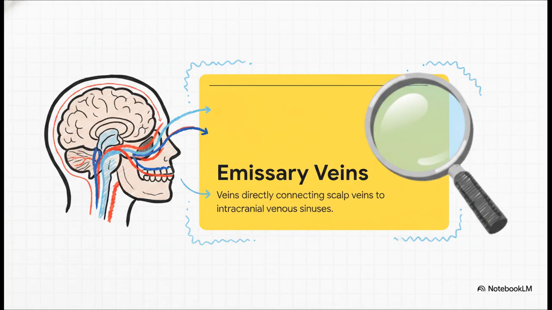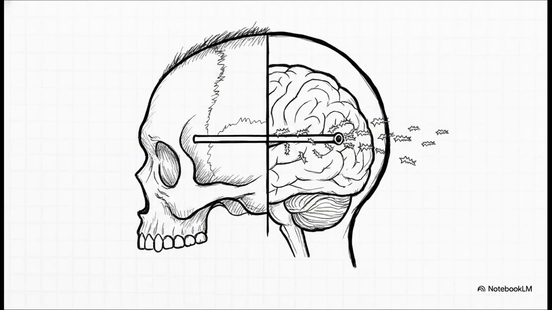Those are the major blood channels right inside your brain cavity. Normally, their job is just to help equalize pressure. But because they act as a direct, open highway, they're the absolute perfect route for a stealth attack. If you get an infection in your scalp, that infection can travel straight down these emissary veins right into the